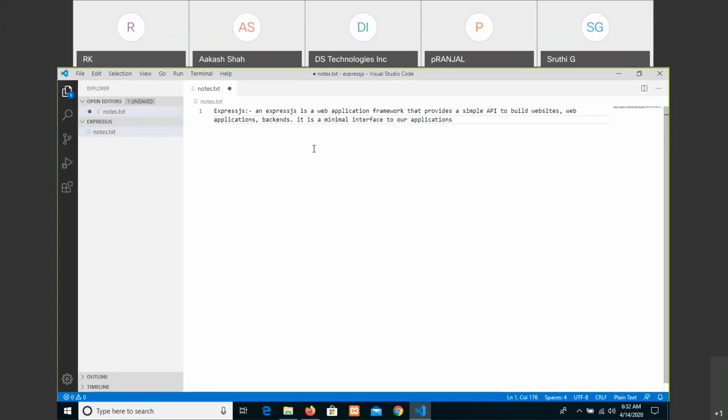Okay, how can we use the concept of Express? When we have a requirement to work with something, if I want to see an output, we need to open a URL. That URL is nothing but the concept of routing. So, how do we start writing? First of all, let us do one thing.